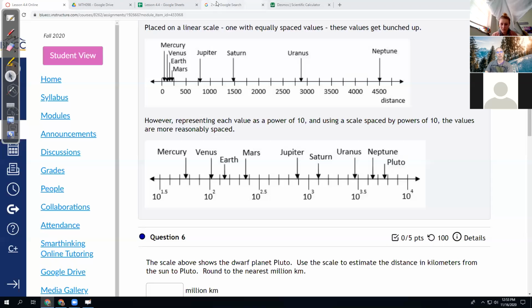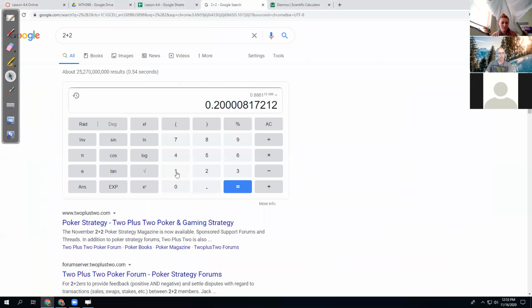So whip out a calculator. I'm going to use my version. I'm going to say it's 10 raised to the power 3.76. So I get that Pluto must be about 5,754 million kilometers away. If we used a different power, 10 raised to the power 3.8, that gives